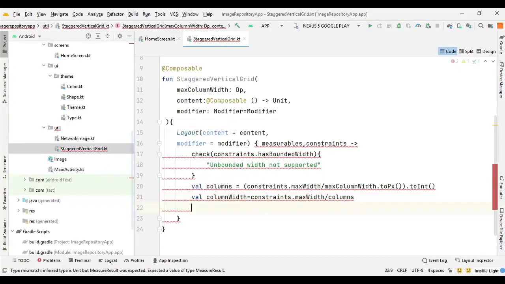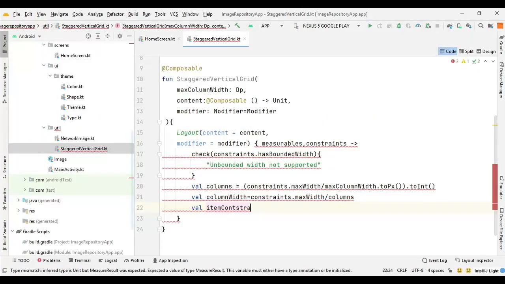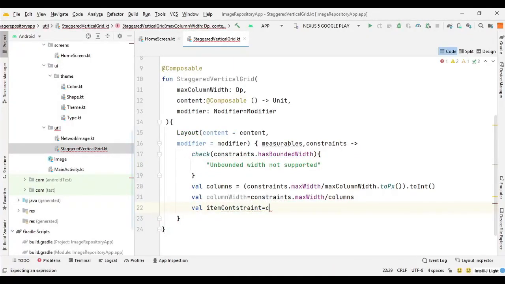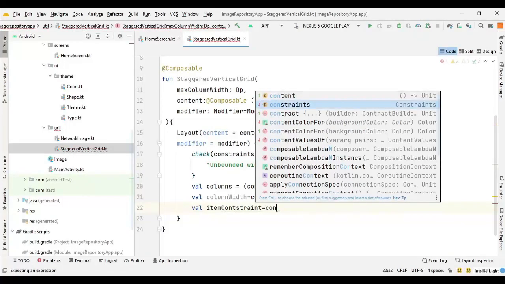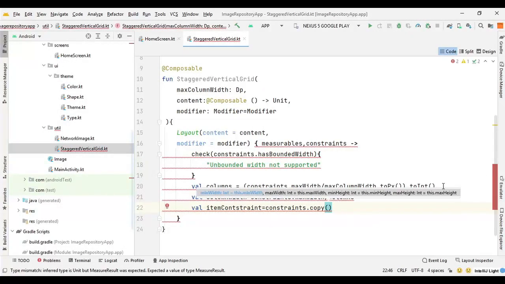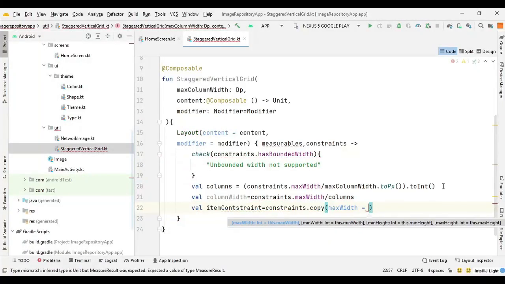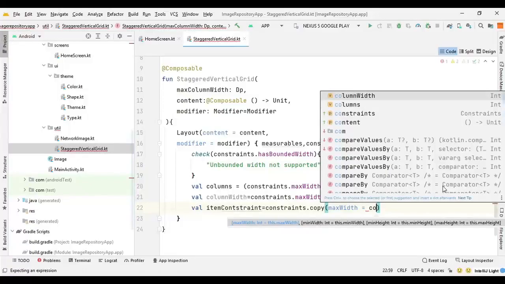So we can say val item constraint equal constraint dot copy, and here we will set the max width to column width.